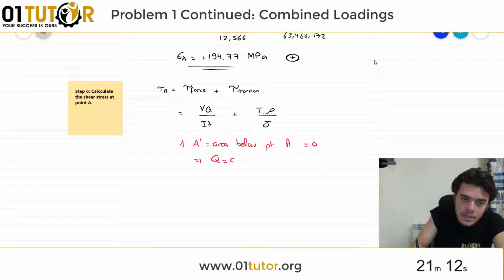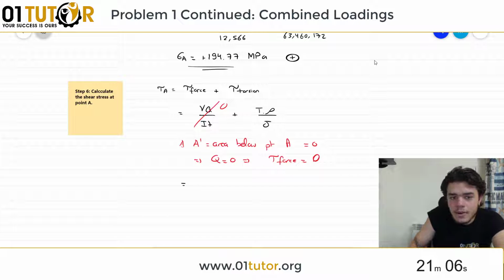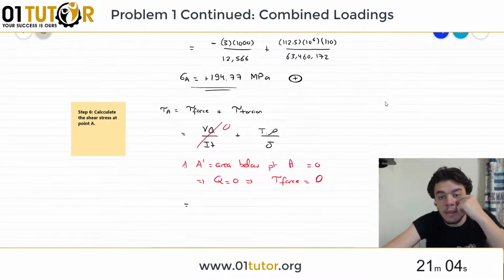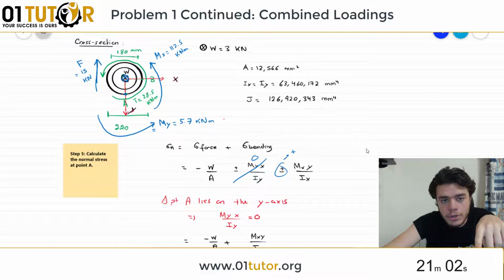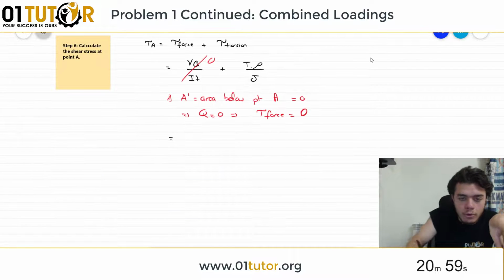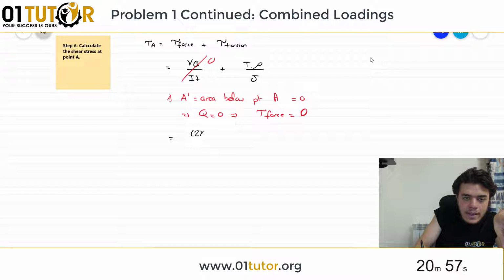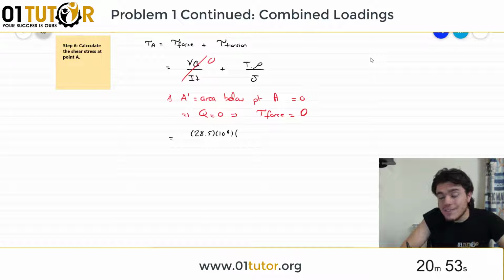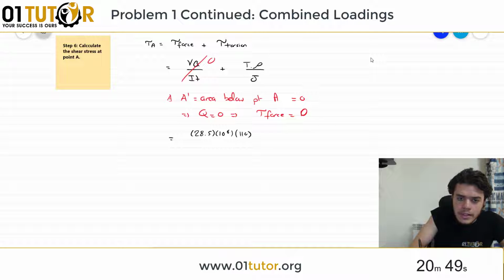This means that Q is equal to 0 and tau due to the force is equal to 0. So this whole thing is equal to 0. This means that the only thing that's affecting the shear stress at point A is the torsion. And the torsion is equal to 28.5 kilonewton meter. So it's going to be 28.5 multiplied by 10 to the power 6 times rho, which is the radial distance between the center and point, which is going to be 110, over J, which is